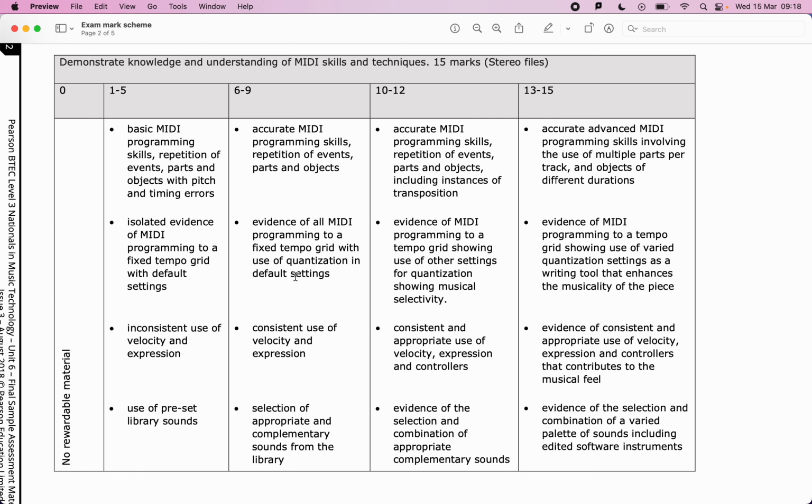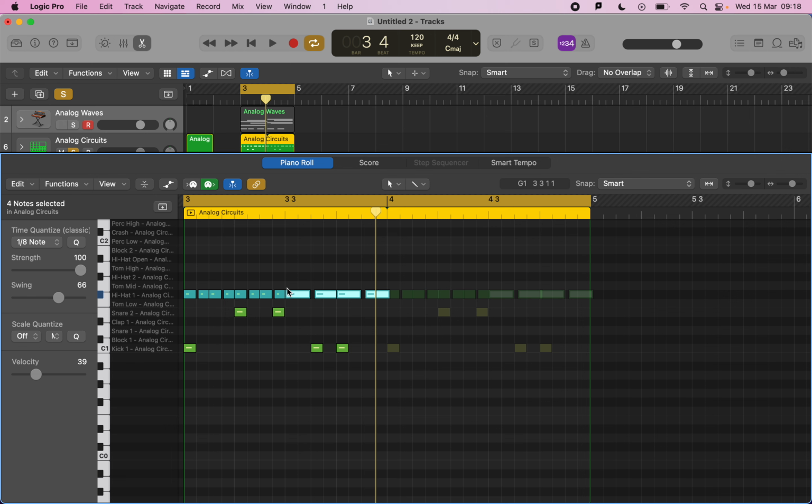With the use of quantization. The next part says evidence of MIDI programming to a fixed tempo grid with the use of quantization in default settings. Okay, so this one's going to be hard for you to prove if you don't use a screenshot. If you had drawn a part in or performed it in, or you dragged it in from the project and it was out of time, you can use Q or quantization to snap it to the tempo grid